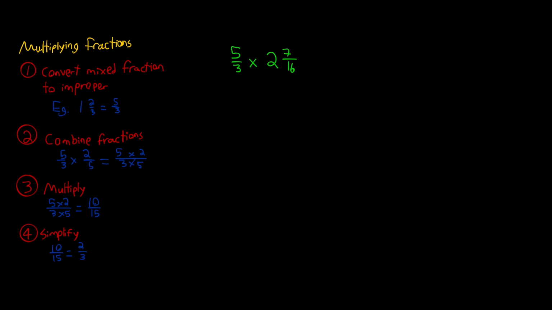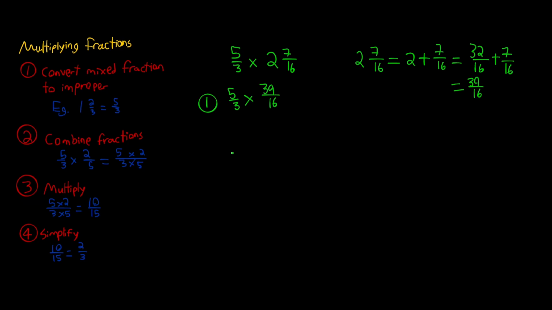So, to start us off with an example, here we have 5/3 times 2 and 7/16. So, we're going to start by converting that mixed fraction that we see on the right to an improper fraction. So, that's going to leave me with 2 and 7/16 is equal to 2 plus 7/16, which is basically going to be 32/16 plus 7/16, right? Because I need to multiply it by 16 in order to be able to add these fractions, and that's going to give me 39/16. So for step 1, I find that I have 5/3 times